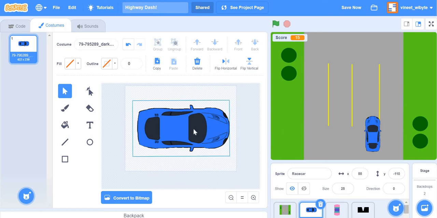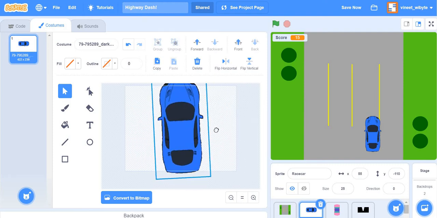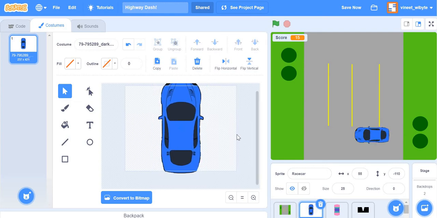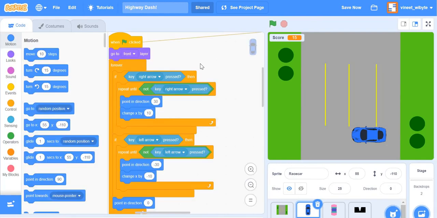What happens if you did it differently and made a costume which was exactly 90 degrees off, pointing in another direction, where the front of the car was actually pointing upwards, right? So there's nothing wrong in this. You could very well do this. However, you have to be careful and make sure that this code accordingly changes, right? So that's what we look at right now.